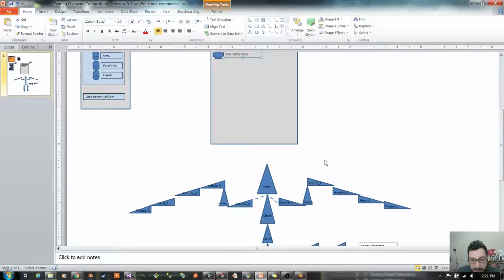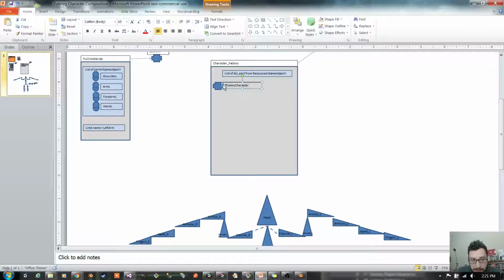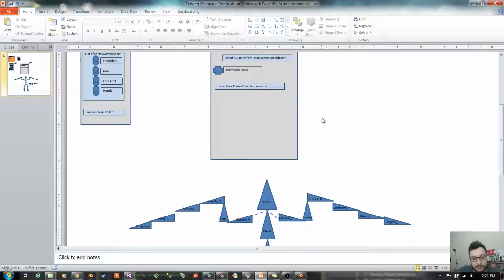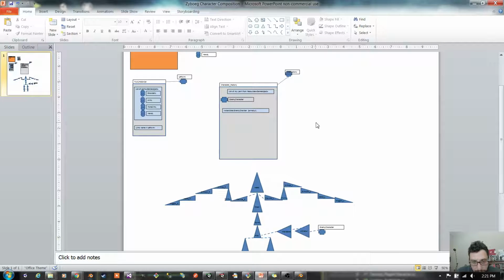And then I'm going to instantiate it. Basically just the armature. Then